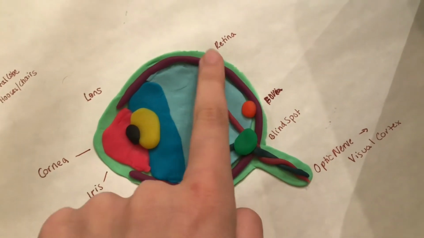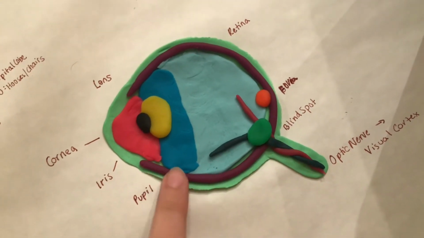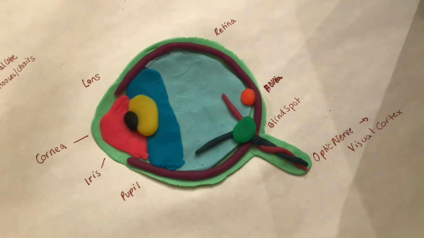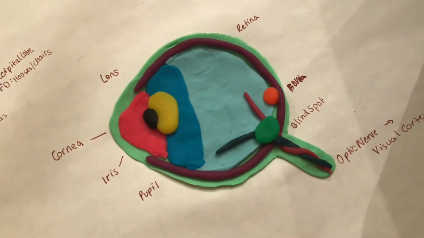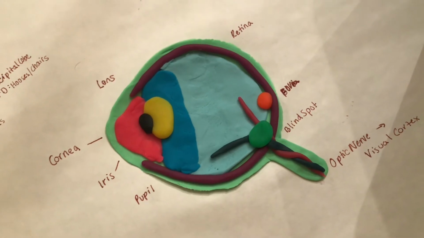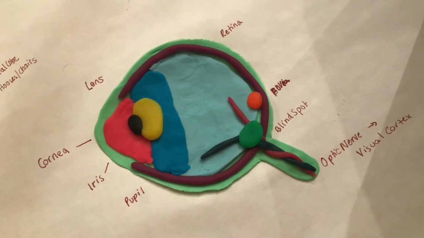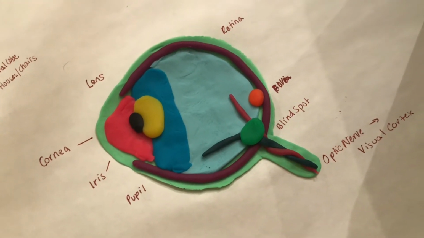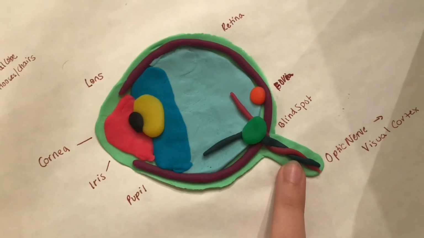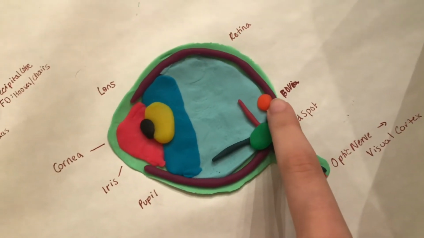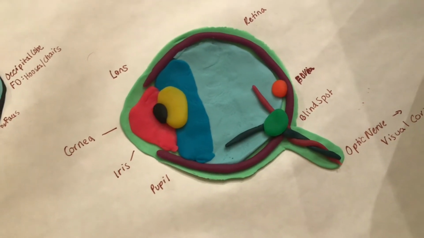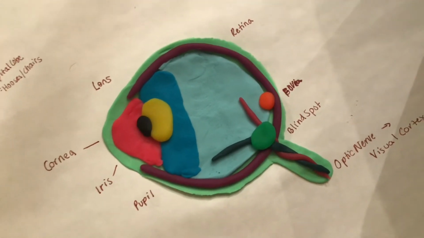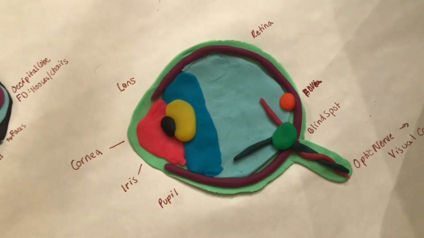And the retina is right here, this purple outline, and this is made of nervous tissue, and it covers the whole back of the eye, as you can see. It senses light, and it creates electrical impulses to be sent through to the optic nerve. And then we've got the fovea right here, represented by the orange dot. This allows for sharp focus, so we can read and drive, anything that requires attention to